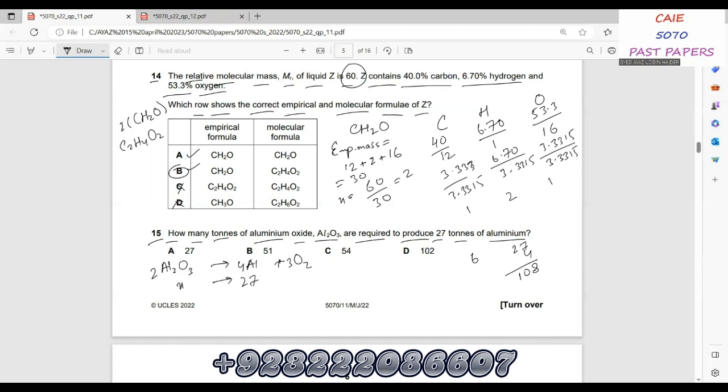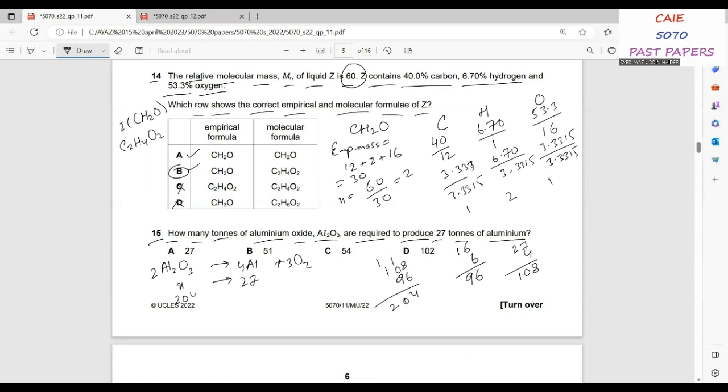And we will multiply 6 atoms of oxygen by the Ar of oxygen, that is 16. We will get 96. So add 96 to 108. 204. So 204 of Al2O3